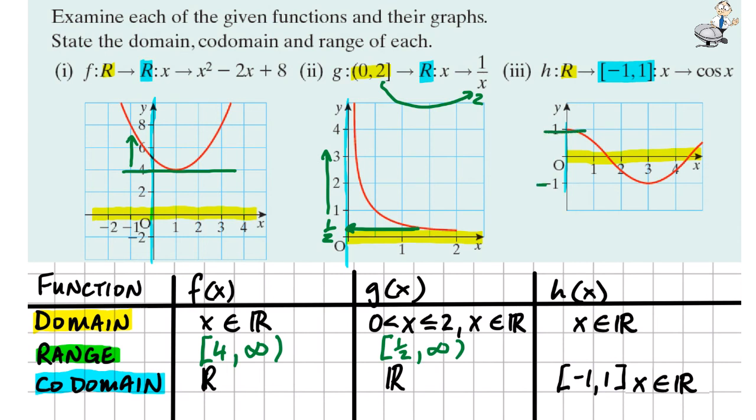And lastly, look at function h. This is a fairly limited function. Because of the input values, it seems to have a maximum and a minimum, that it's between -1 and 1. So these are the domain